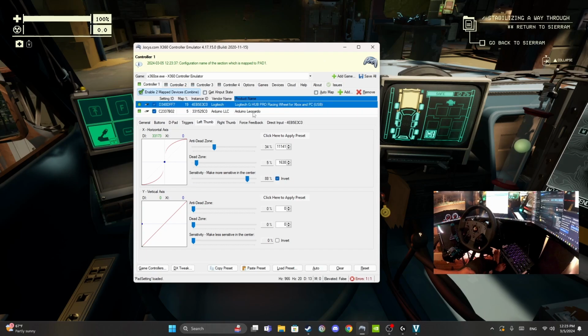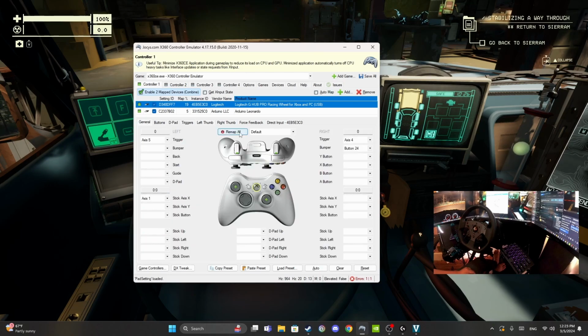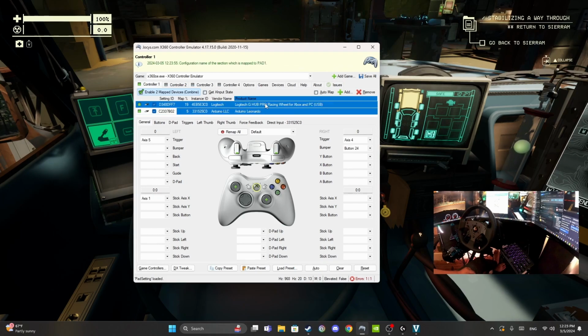And then when mapping the controls, I'm not gonna lie, this is a lot to take in. But when you're mapping your controls, make sure you click the specific hardware. That way,